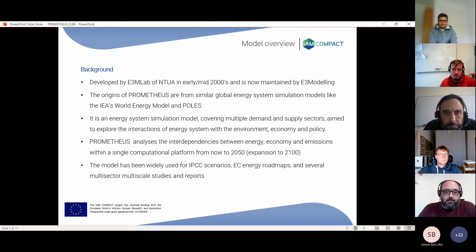So Prometheus is an energy system simulation model and covers in detail both demand and supply, and explores the interactions of the energy system, especially with the environment, the economy, and the policy. It analyzes all these interdependencies based on one unified modeling platform with projections up to 2050, which we are currently expanding to the end of the century. And until now,